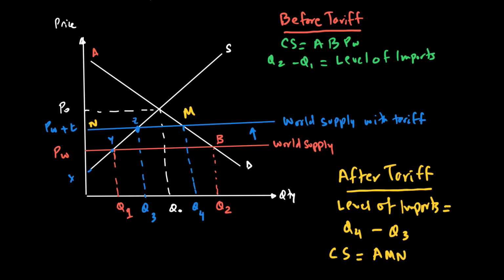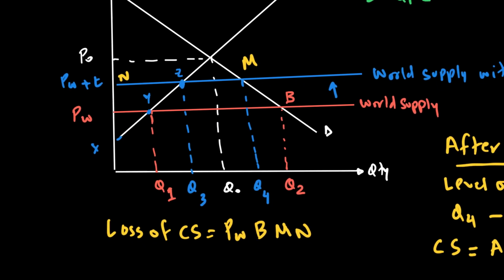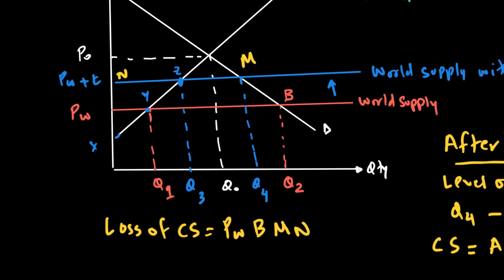So in other words, what I'm trying to point out is just that this area P_W B M N is a loss of consumer surplus. So what's the loss of consumer surplus? Loss of consumer surplus is P_W B M N. And I'm going to zoom on this area. This area that we have is an important area now, because consumers are losing out in terms of all this